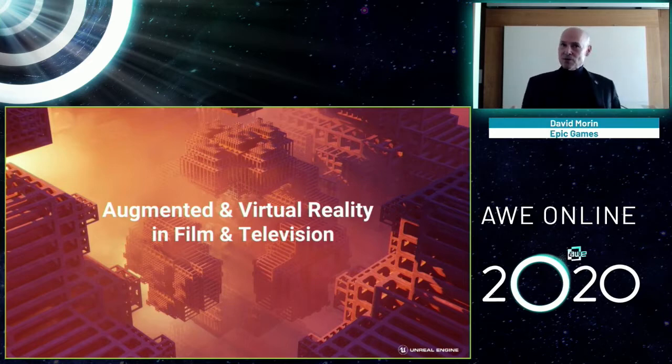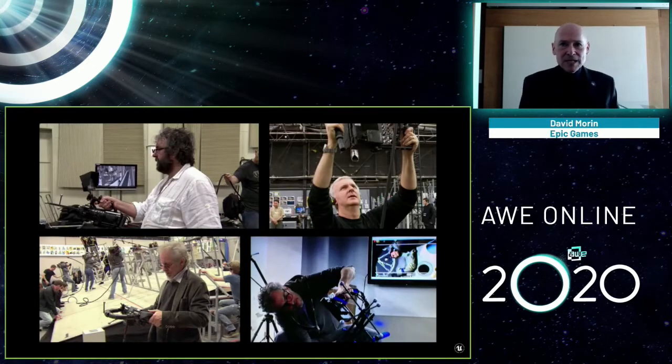So augmented and virtual reality in film and television, where does that come from? How is it used? To start with, here you have some of our great filmmakers, the top directors in the industry, who have been doing this for a long time. These photos date from many years ago. They've been doing the best they could to preview their visual effects in real time before the visual effects are actually done. So Peter Jackson on The Lord of the Rings, Jim Cameron on Avatar, Steven Spielberg on Tintin, Alfonso Cuarón on Gravity. They were all pioneers on the road to real time in film and TV, using non-real-time tools and trying to get them to visualize something ahead of time.